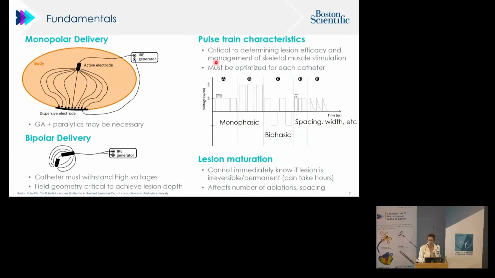Then we will hear a lot speaking about the waveform that we are using. This waveform is typically the type of pulses that we are applying on the tissue. Here, a description of the multiple parameters that you can play with, the voltage, of course. Either it can be monophasic, which means, for example, here only positive voltage, or biphasic, positive and negative voltage. The spacing of the pulses plays a role. The interval between the pulses, and even the shape of the pulses can play an important